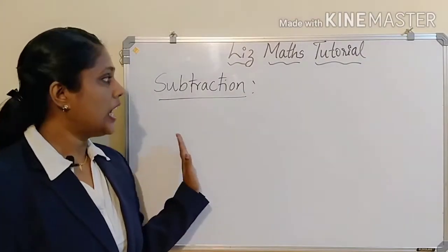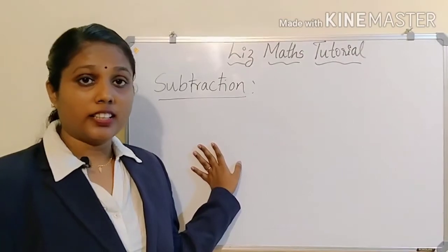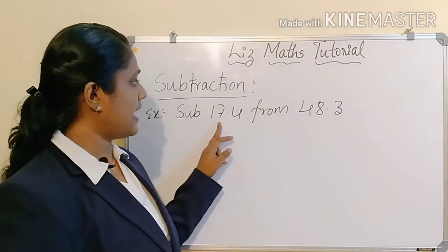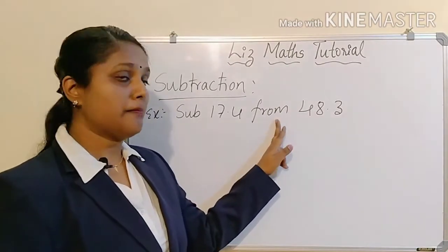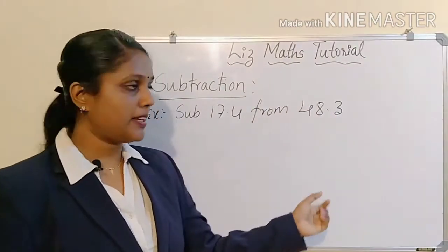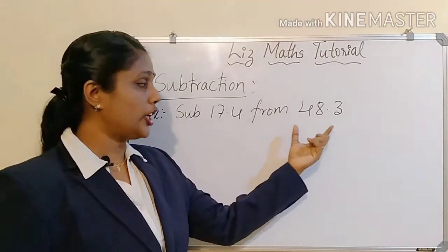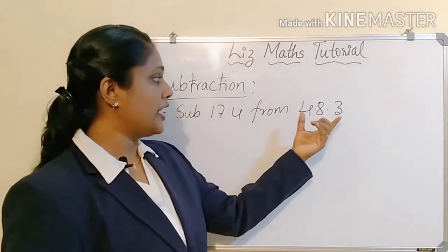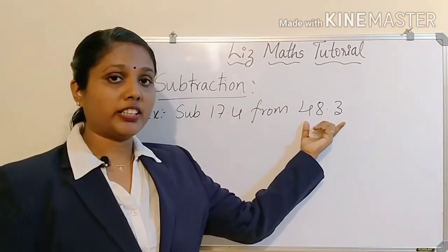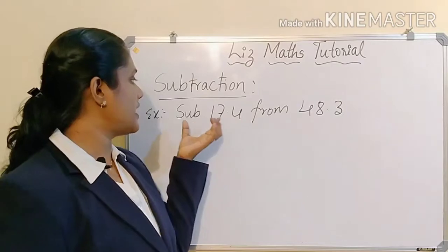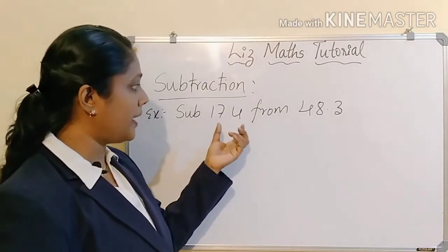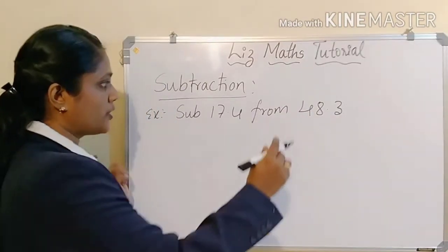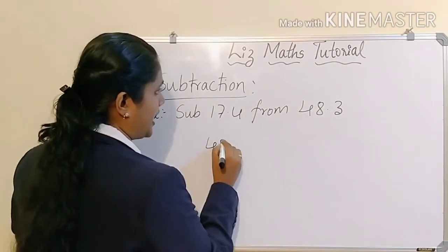Now we'll see how to subtract the decimals. Now here, subtract 17.4 from 48.3. That means from 48.3 you have to subtract 17.4. So which one do you have to write first? You have to write 48.3 first, because here it is mentioned to subtract this number from this number. So from this number you have to subtract this. So write this number, 48.3,